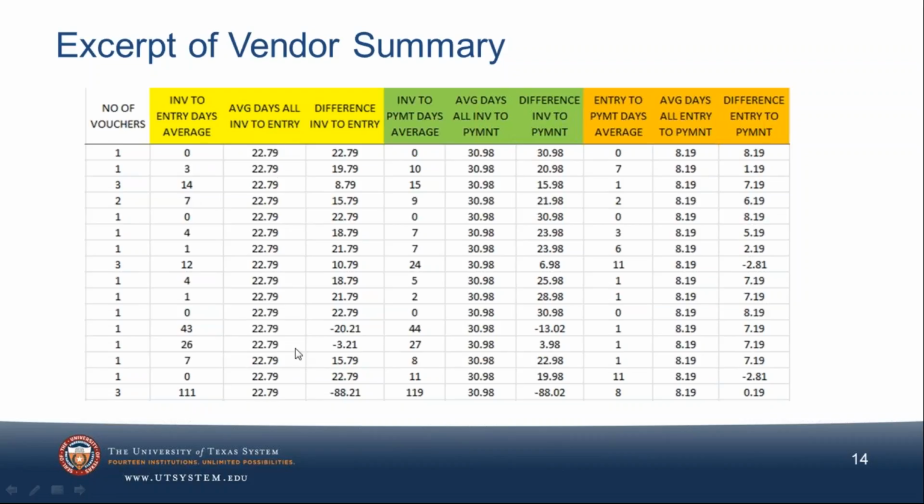Then we have the average for all the vendors going across the institution, except for any of the ones that you took out because they were outliers. And then we calculate a difference between that particular vendor's average and the average going across the institution. So that same principle, that same thought process, is how these were also created. These calculations were averages across the institution, and then differences between the average for the institution and the average for the vendor.